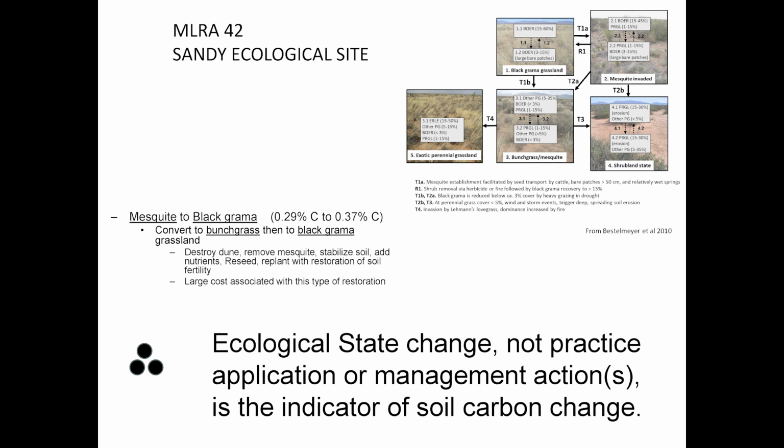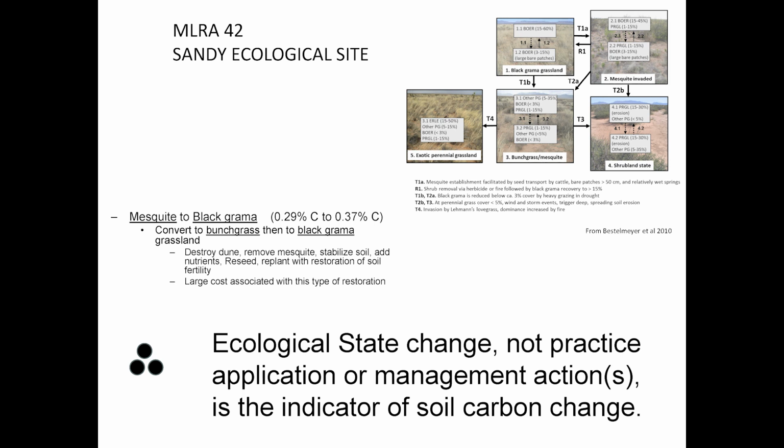We could increase that from, what, 0.10%. Not much, but the cost is beyond belief. And we don't really even know if we can do this. I mean, we'd have to kill all the mesquite, redistribute the soil, revegetate it, all that. That's too much. So I want to sort of finish up there.